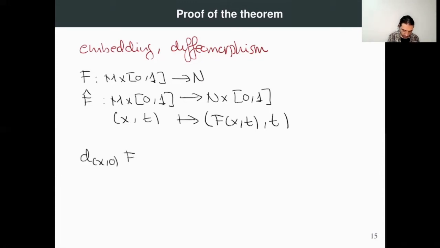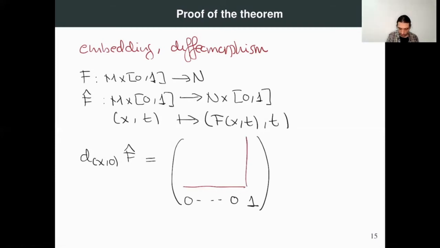For instance, in local coordinates. In local coordinates, this is going to give us a matrix, and this matrix is going to have a last line, which is going to consist of zeros, and finally 1. The other entries of the matrix are not difficult to understand. Here we have the differential of f at x, and here we have some elements that we don't know very well. Okay? What happens is that since f0 in particular is an embedding,